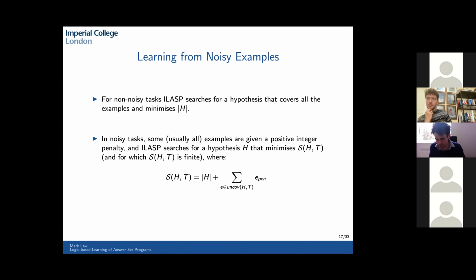So you usually give a fixed integer weight to every single example, but there are cases where you may want to give different weights to different examples. So for instance, you could model things like trust in the sources that the examples have come from and say that examples that have come from a particular source are highly trusted, in which case you give them a higher penalty for ignoring them. You could even say that some examples are definitely non-noisy and give them effectively an infinite penalty.